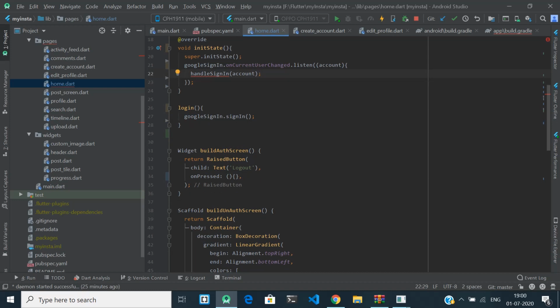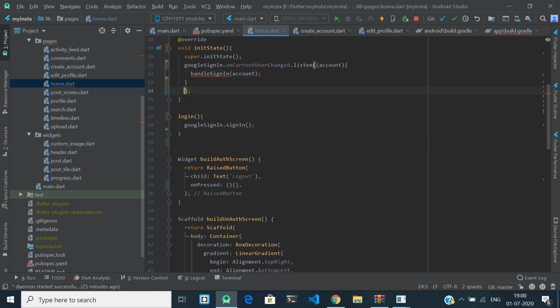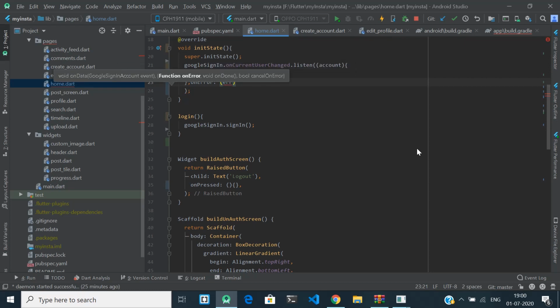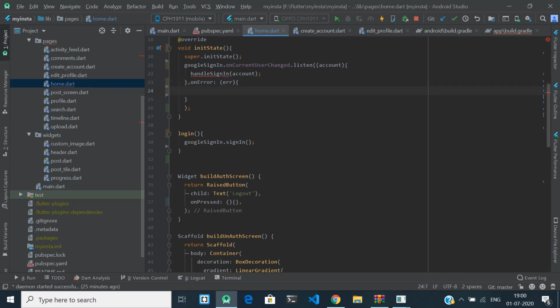Now the next thing which is important here is, suppose you are getting an error, on error, you can write anything like error signing in and what is the error you got. This error will be returned from Google, so you don't have to write anything.